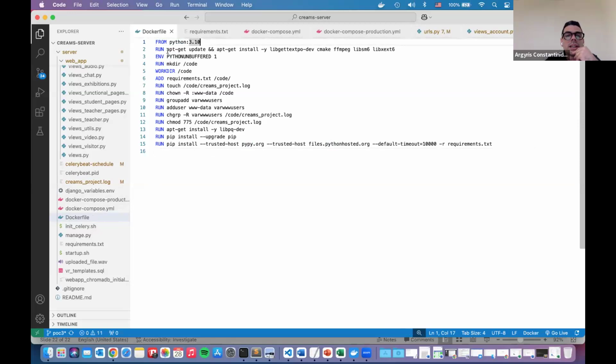From here, we can also update the packages that are part of this image and add some files, for example, the requirements.txt file, which includes all our Python libraries that are needed in order to have the server running. So here we can add some specific commands that relate to the code and the environment, including the libraries.